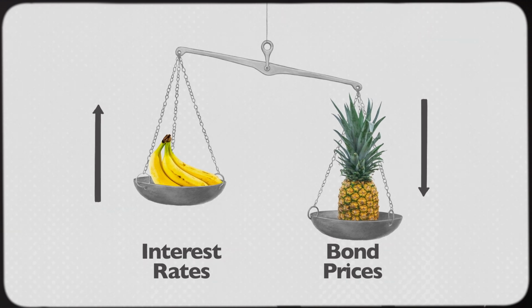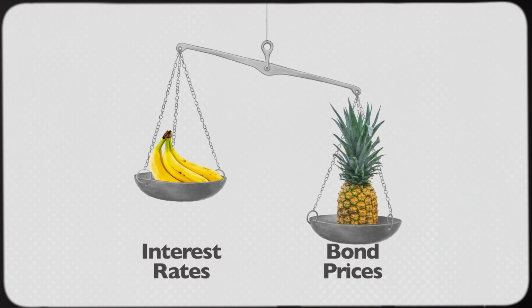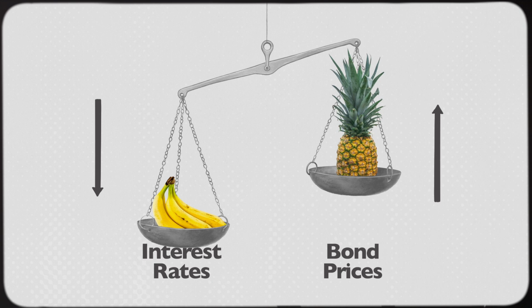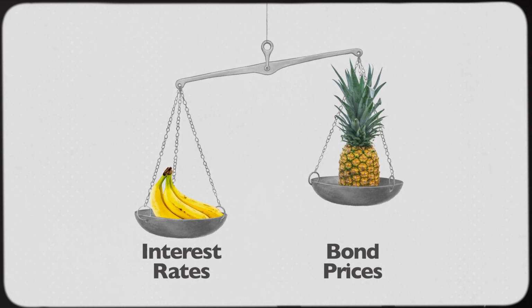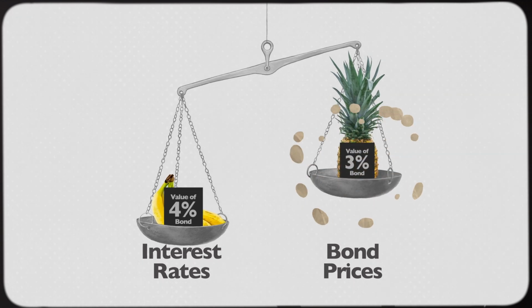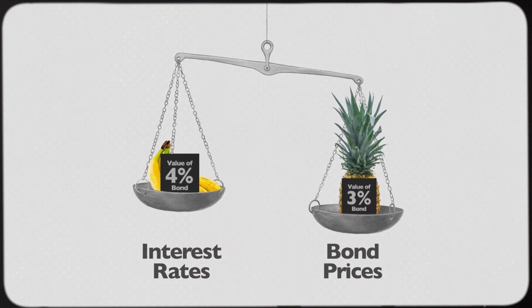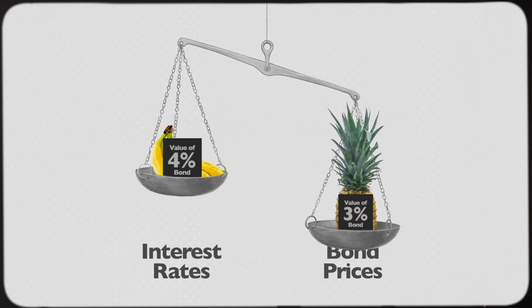Now, interest rates change from time to time, so let's spend some time looking at how changing interest rates impact the value of a bond. When interest rates rise, bond prices fall, and conversely, when interest rates fall, bond prices rise. For example, if the market rate of interest for a 10-year bond increases to 4%, the value of a 3% fixed coupon bond will decline. This is because an investor will not pay as much for a 3% coupon bond in an environment with a going rate of interest of 4%.